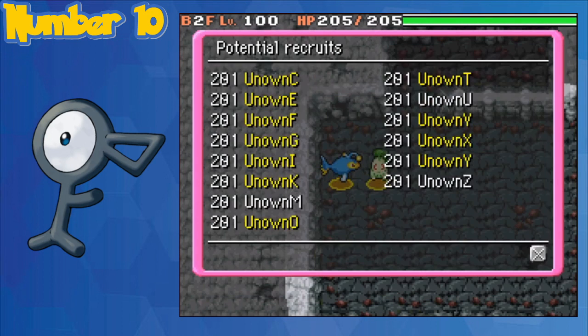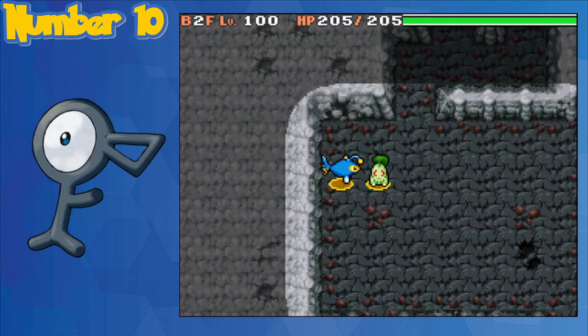Number 10. So starting off this list is going to be Unknown. Now Unknown is a bit of an odd one on this list because Unknown is not really that difficult a recruit in and of itself. The reason I decided to include Unknown in the list is that every single Unknown is counted separately within the